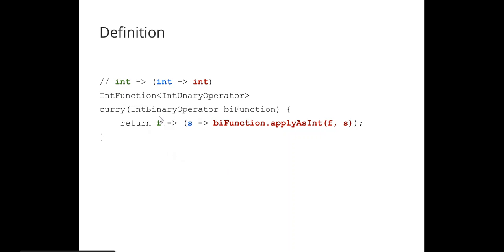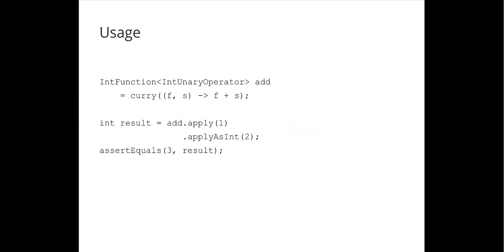But what that's really doing is saying, take the first argument, and then return a function that takes another argument, and then applies it to the function. So here's a general way of writing currying. There isn't built-in support for this in the Java language, but you can write it like this. Cool. And then here's a very, very simple usage example of our currying function, just applying it to add 2 numbers together, our first number and our second number. So we apply the first argument, 1, and then we apply the second argument, 2, and obviously the result's 3. Nice and simple.